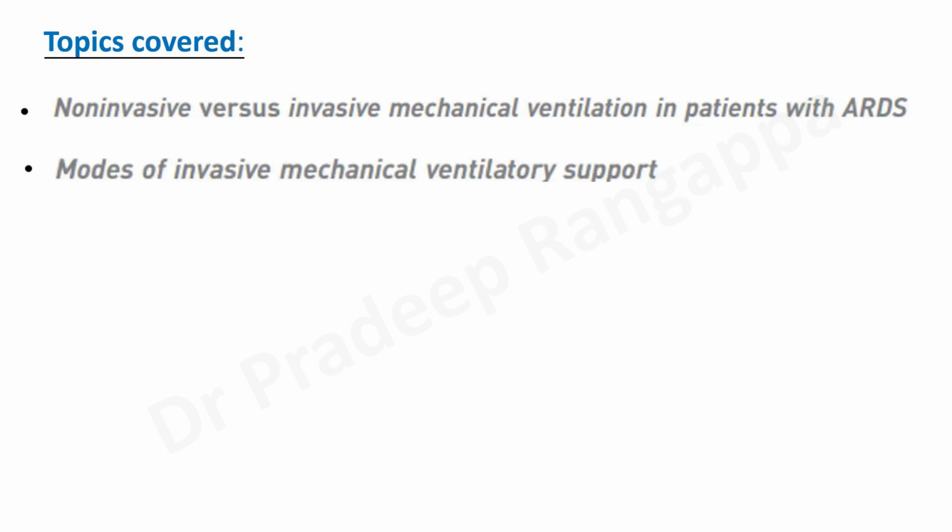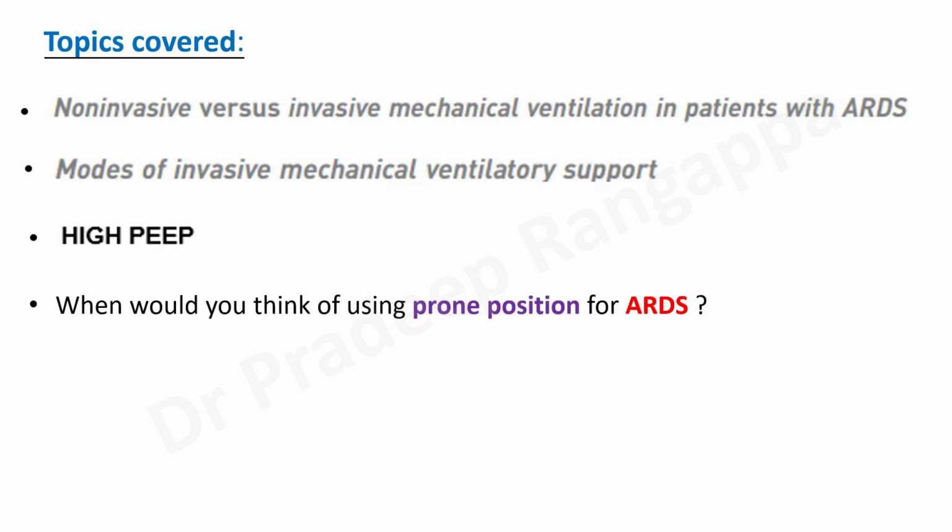Then the second question is modes of invasive mechanical ventilatory support, whether there is any difference with using any of the different modes that are available. Predominantly, if you categorize it into volume controlled or pressure controlled, is one superior over another, and what is the evidence that may be available? This is an important area where again there is a bit of non-clarity. Then, from upfront, whether high PEEP versus low or normal PEEP, and whether high PEEP has any role in any subgroup of ARDS. We look into some evidence with regards to that. So these three areas are what I'll focus on.